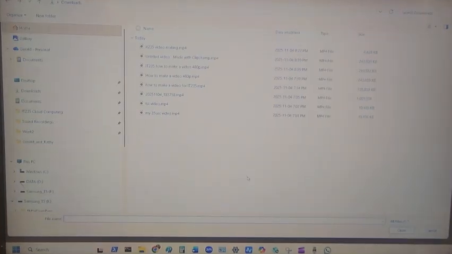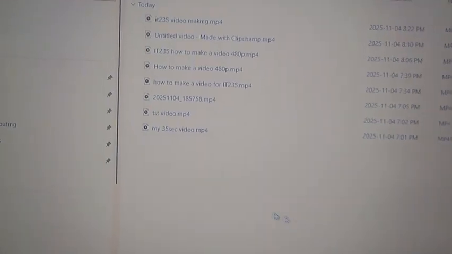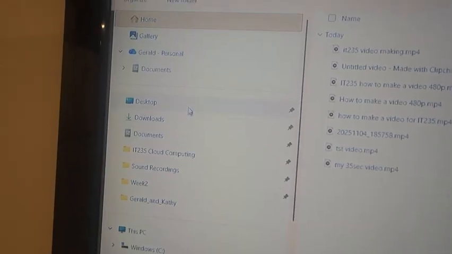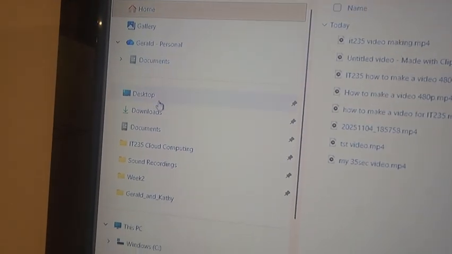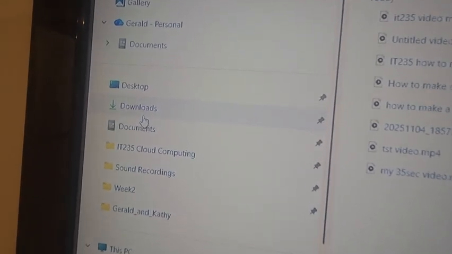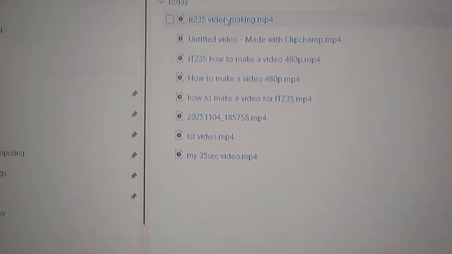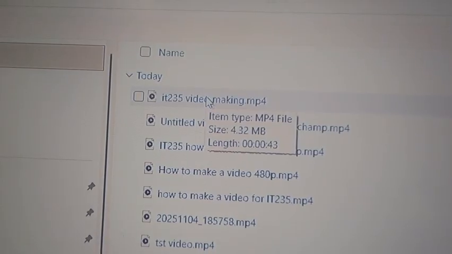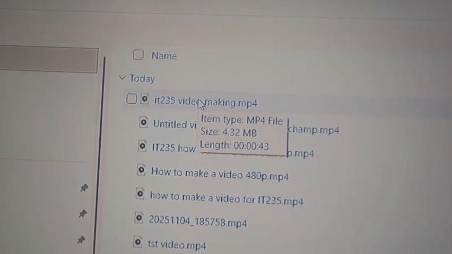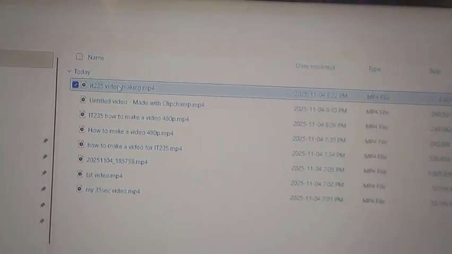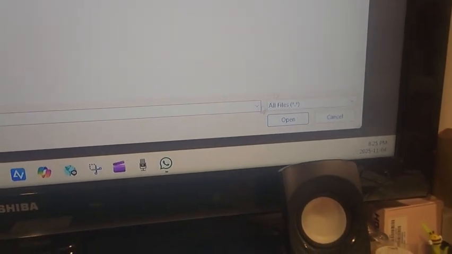I'm going to select a file, and the file that I'm going to choose was in the downloads. There we go, the downloads, and we already have that. The most recent video I have is IT video making, that MP4. I will click that. I will click on open,